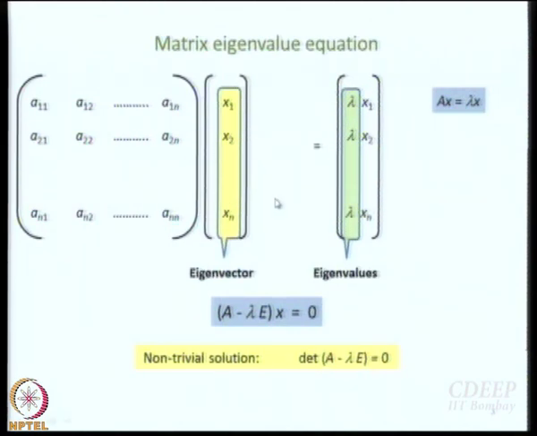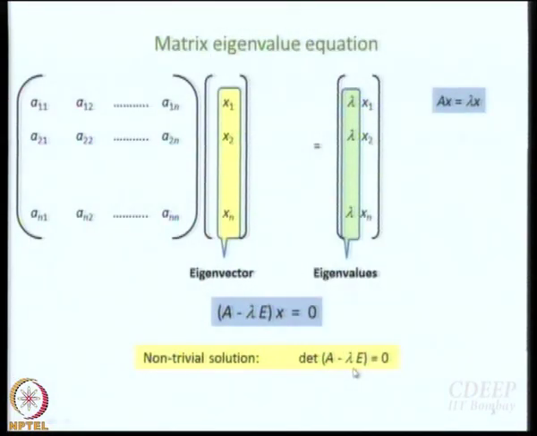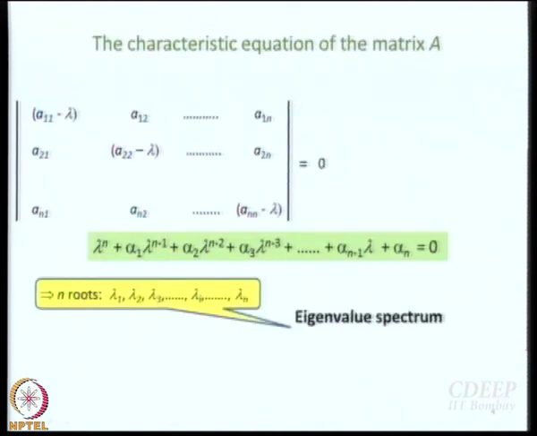And then we had demonstrated in the last class that you can rewrite this equation in a more convenient form, and that is (A minus lambda E) multiplied by x equal to 0, right. Now, if you get an equation like that, then the non-trivial solution of course will come when you have det(A minus lambda E) equal to 0. You write out this determinant, and this is the secular equation. And as we said, the secular equation occurs in many places where you solve such a system of equations.